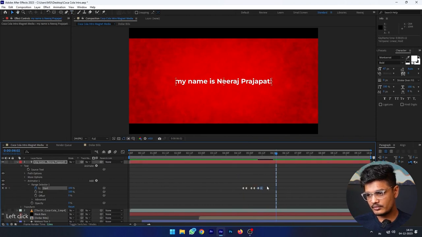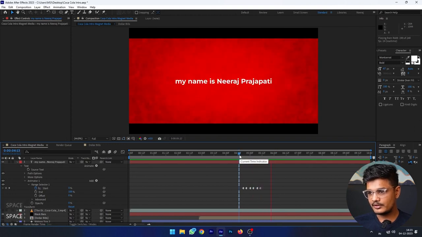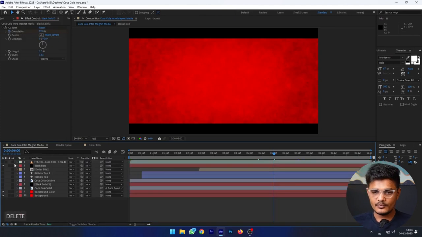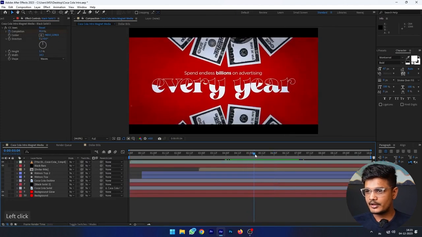And we can adjust these keyframes according to ourselves. Like we can adjust it like this. So now this text is coming like this. So this is how you can make that text effect. And after that,